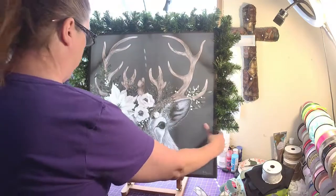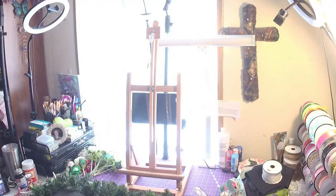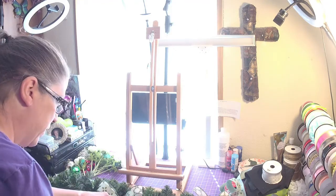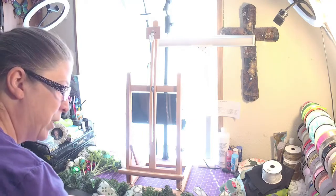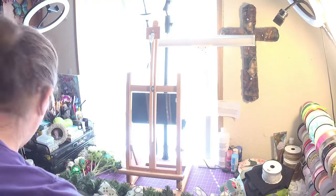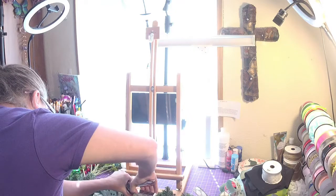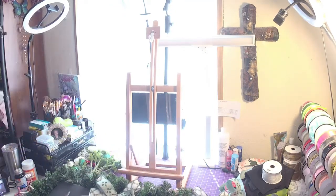Okay, so I'm going to lay this on my table really quickly because I need some leverage here. I'm trying to put this right and make sure it's even right in between these horns. And you know, sorry, you can't see what I'm doing, but not going anywhere. Okay, so what I did